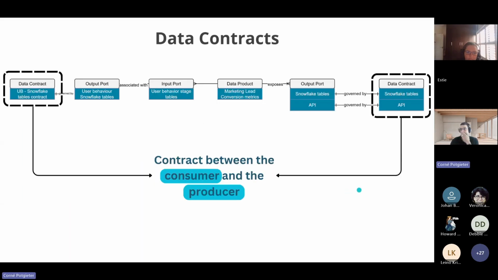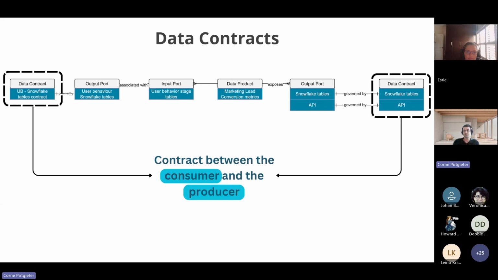Okay, so what is a data contract? For me, I think it should be seen purely like any paper contract that you have to sign with anyone, like with your tenant. It really is a contract between the consumer and the producer.